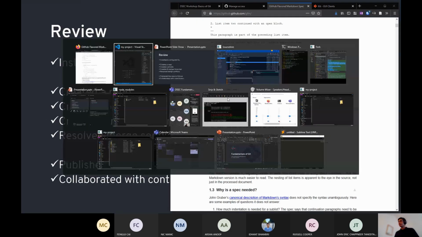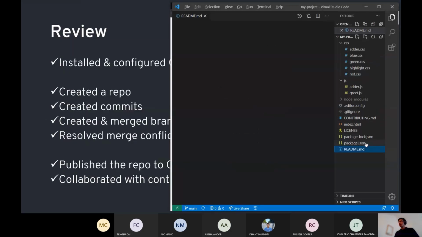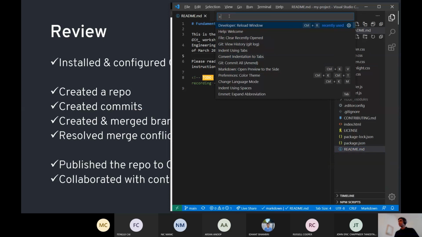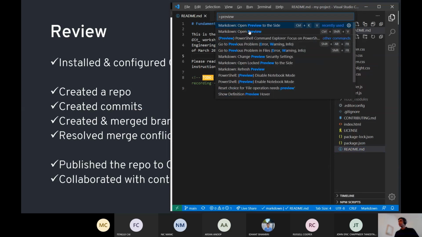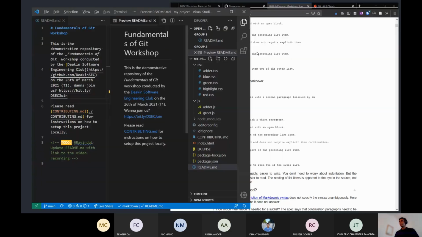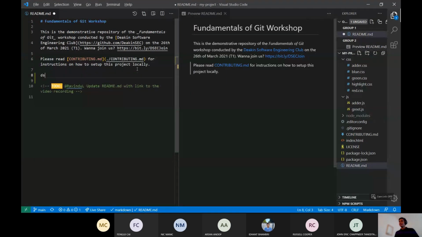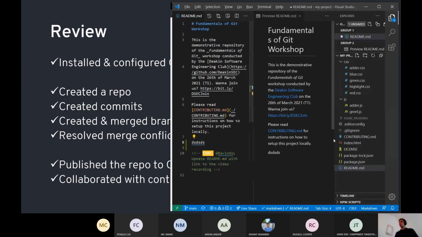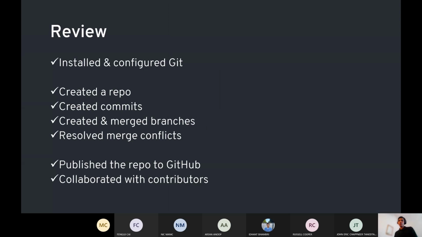Also, a bit of a tip: if you're using Visual Studio Code, it has a command called Markdown Preview, where you can open a Markdown file to the side and edit it as you view the changes. It's pretty cool and super useful when you want to alter Markdown files. So we covered a lot today, and this should be a good starting point, starting knowledge of Git for you to be able to make your own Git projects and to contribute to existing Git projects.